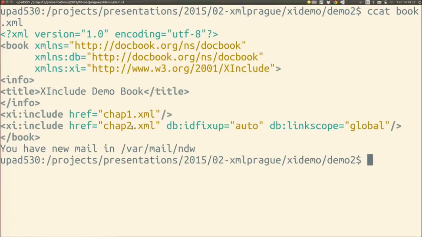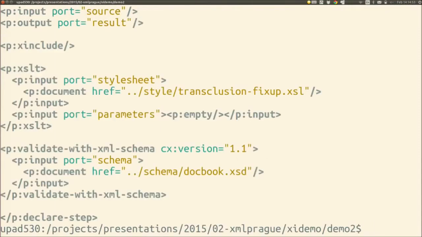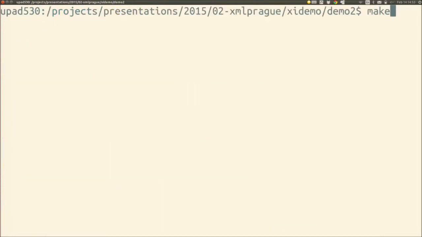And these are terms taken from Jirka's proposal for the various and sundry ways of combining things together for doing this kind of cleanup. And if we look at the pipeline now, in addition to doing XInclude, which is what it did before, it does validation, it runs this transclusion fixup style sheet, which is able to see those annotations in the XIncluded source because XInclude 1.1 copies them over, and then it's able to adjust the values of IDs and attributes appropriately. So if I run make here,